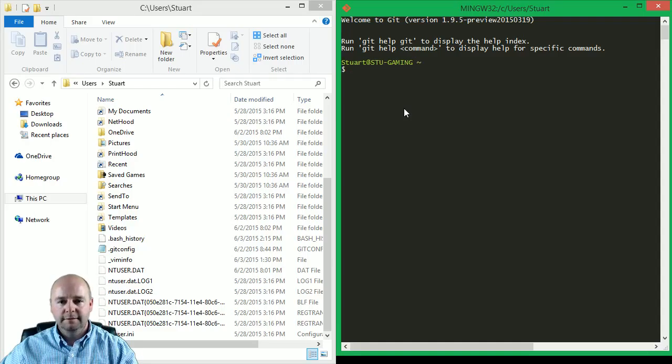BitBucket, GitHub, and a few others are cloud-hosted remotes for Git repositories. They can be used as central or master repositories in larger development teams where developers will maintain local repos and then sync with a single master repo, such as on GitHub or BitBucket, so that they're all pulling and pushing